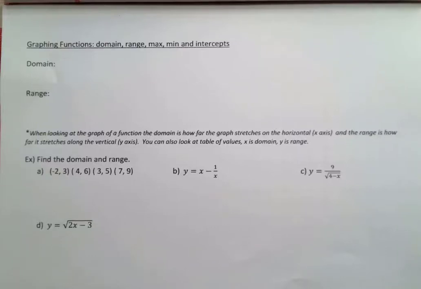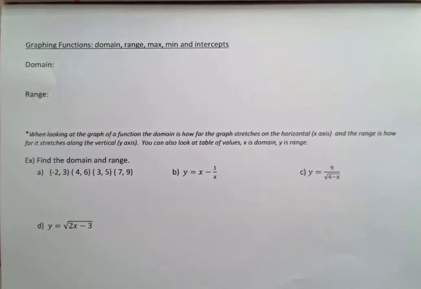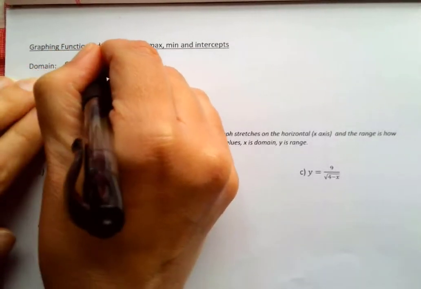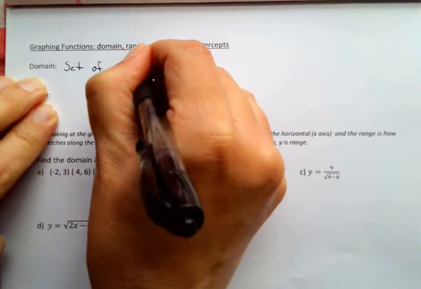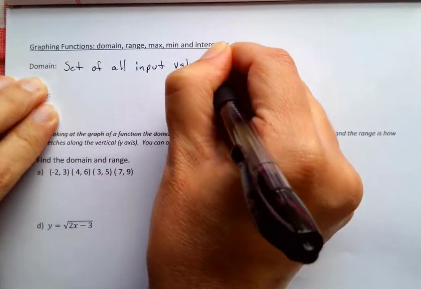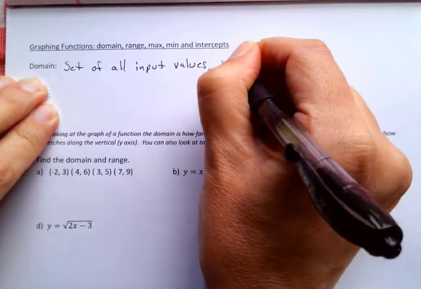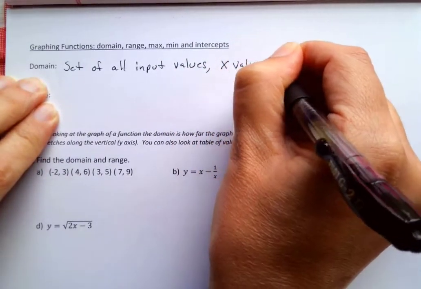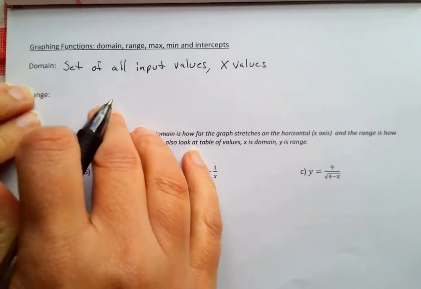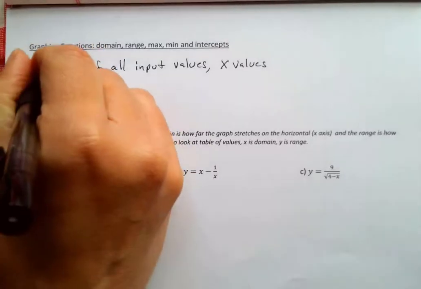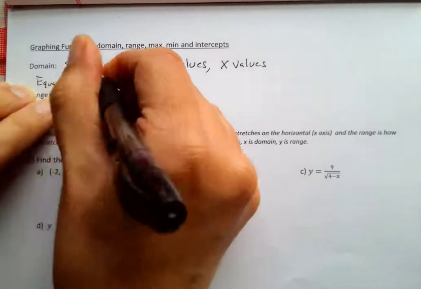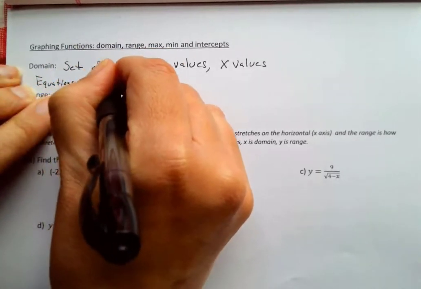Okay, graphing functions, domain, range, max, min, and intercepts. Domain. So the domain is your set of all input values, also known to us often as our x values. So if you have a set, you can just read the x's. If you have an equation, so for equations that are functions, of course, it is typically